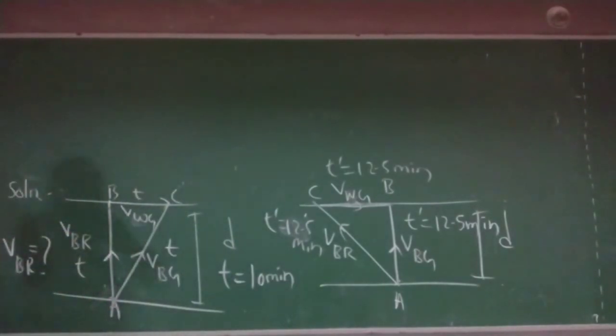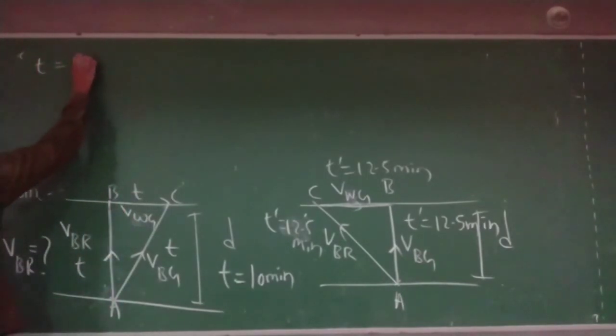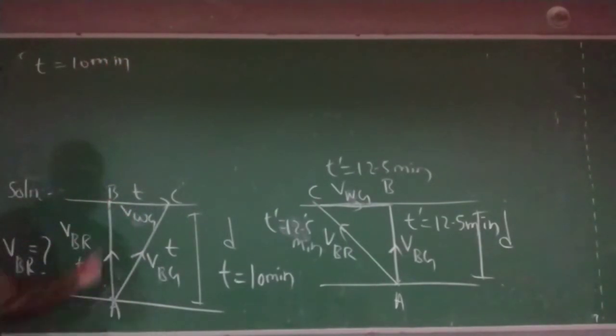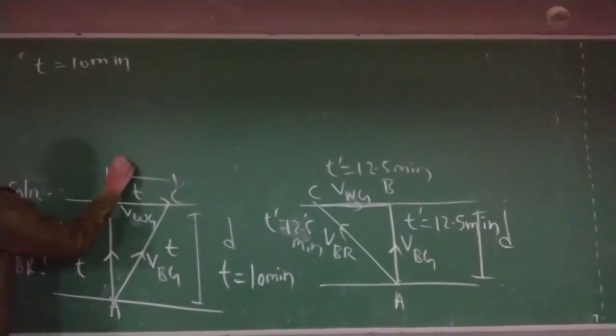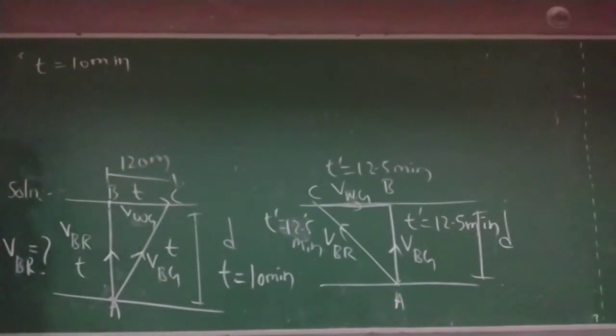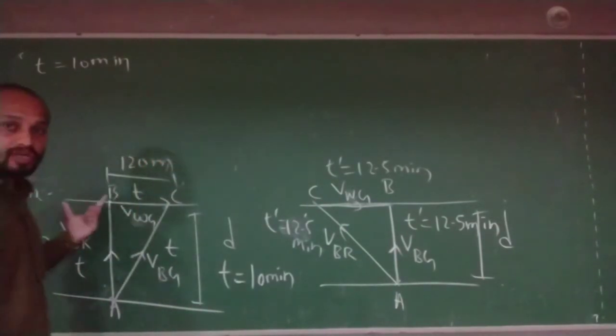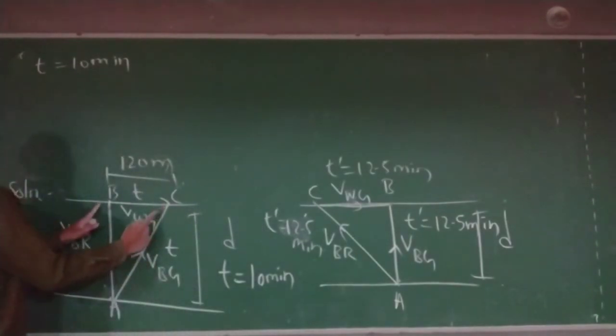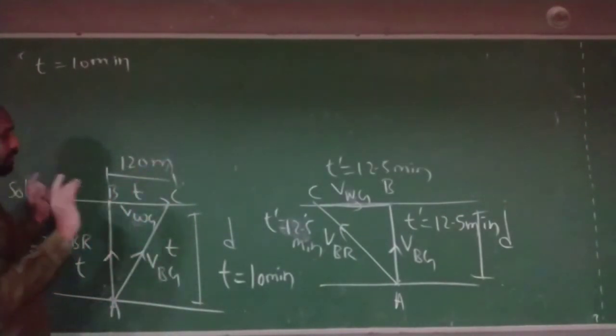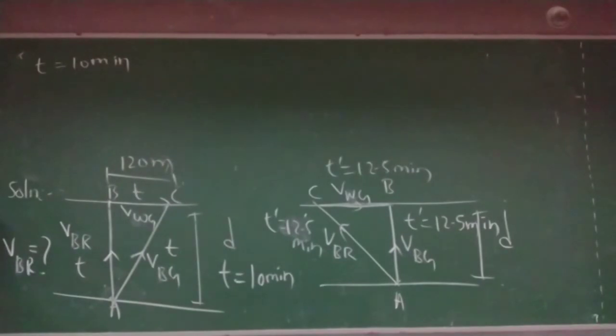First we will take this case. In this case, what are the things we can find? See here, in this case, we know t value is 10 minutes. We know BC value. Drift he has given how much in the given question? 120 meter. You can check if you have written the question. This 120 meter shortest time drift is given in the question. You can check it. Write down the question.